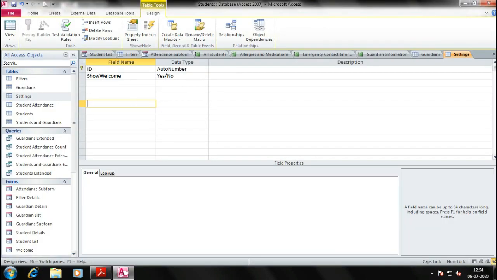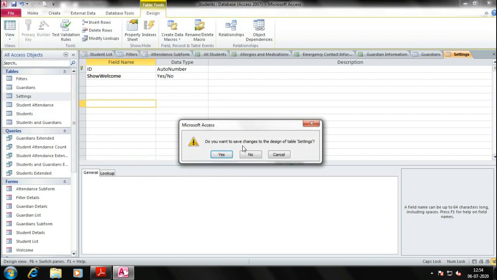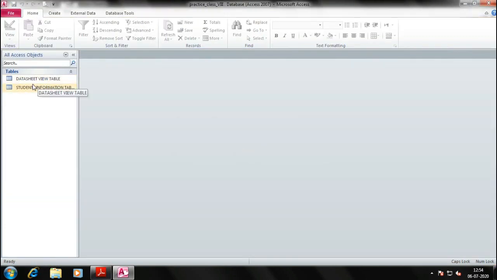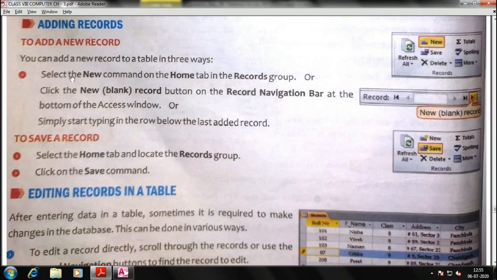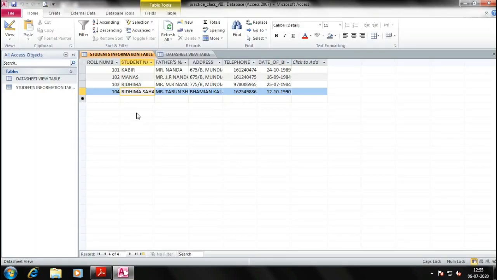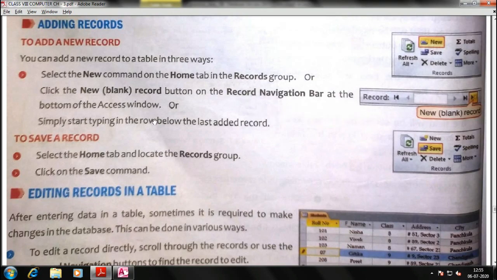Let me open the other one which I have created. Okay, students information, and two tables were there. Suppose I want to insert a new record in this. So now select the new command on the home tab in the records group. Home, records group, new. Okay, it is created. Either you just press enter, or you can go to home, records, new, it is created, or click the new